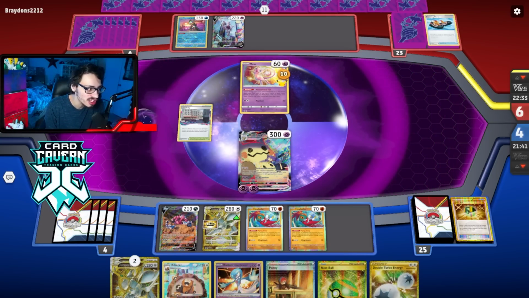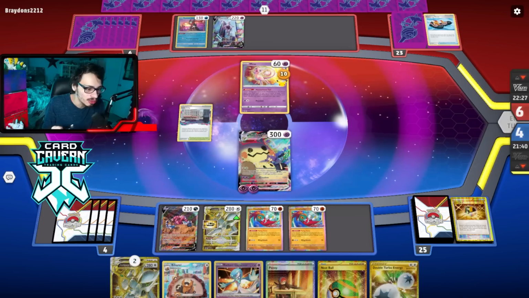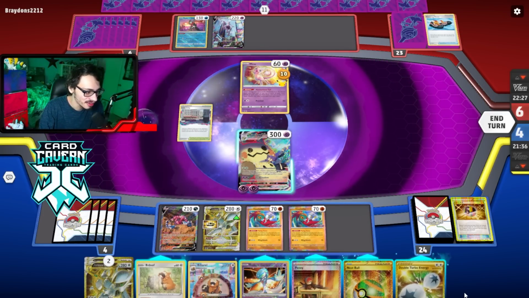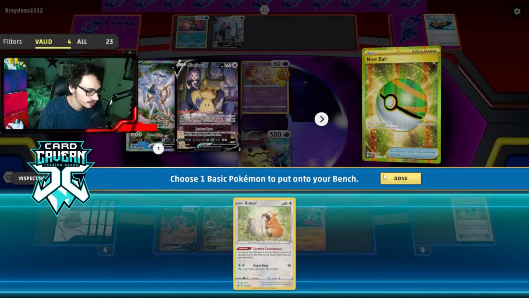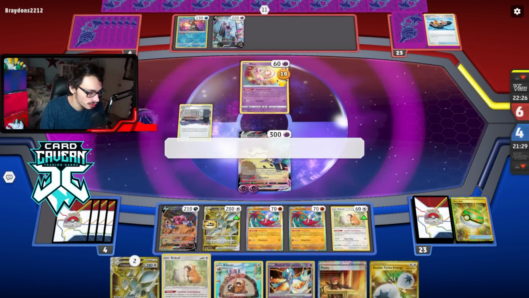And as long as we can just keep drawing Acerola, every time they bench Ralts, I can just knock it out with Mimikyu. Seems pretty good. And they pass. I think they've given up. Funny enough. And there's Bidoof. We'll do this. Just a thin. And then, yeah, we'll...